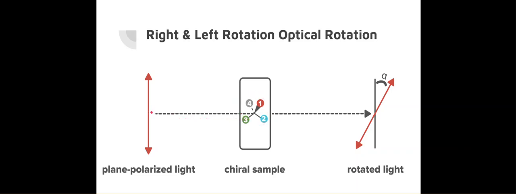The reason for this is that light has some element of chirality to it as well. So when it interacts with this molecule, part of that light will come out at a different speed than another part of that light, and it will rotate it one way or the other.